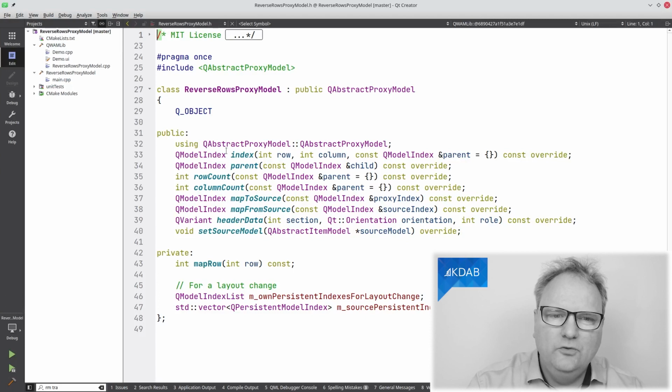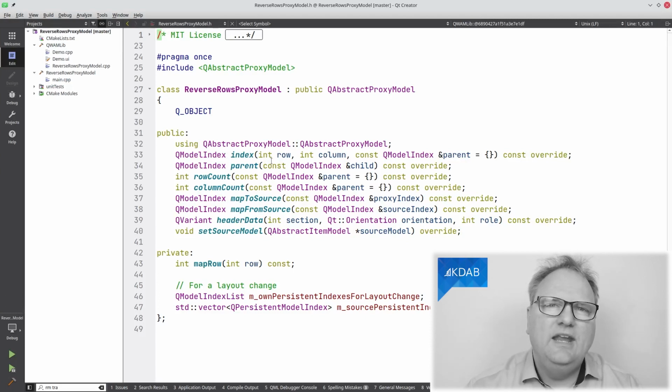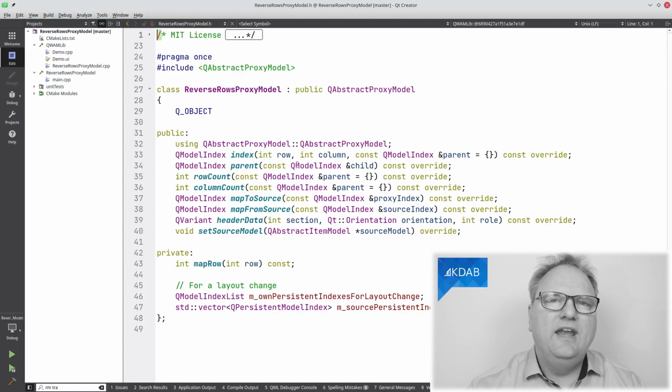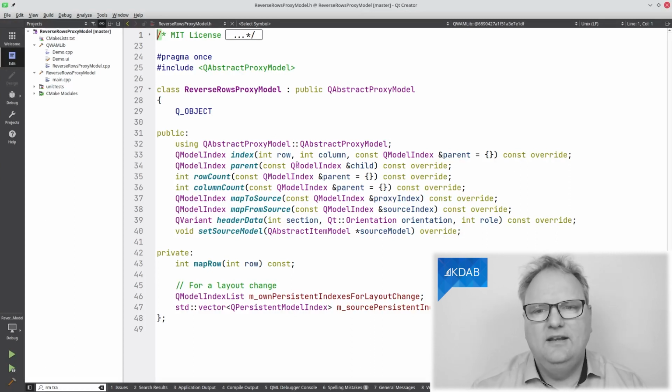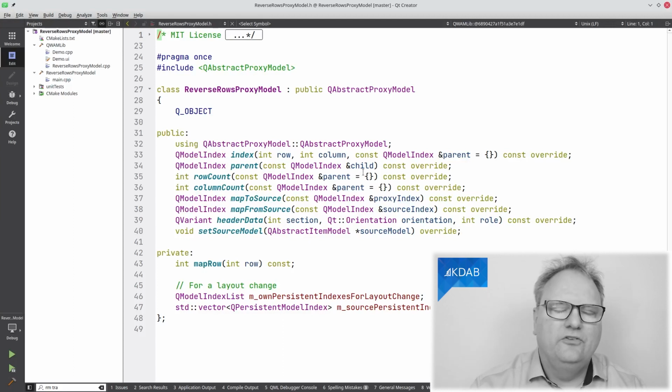Then there are two that you might have seen, well, you will have seen them if you have implemented a tree model, namely index and parent. They do the same as they do in there, namely they create indexes from a given row, column and parent, or from a child.